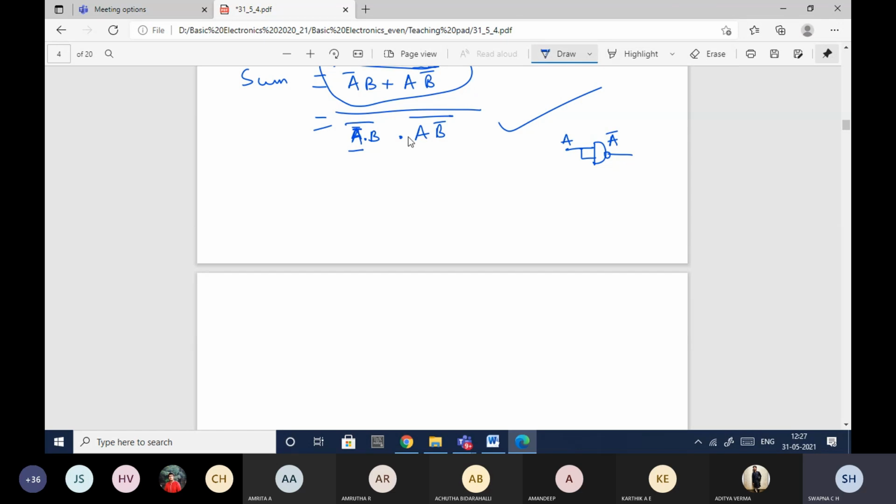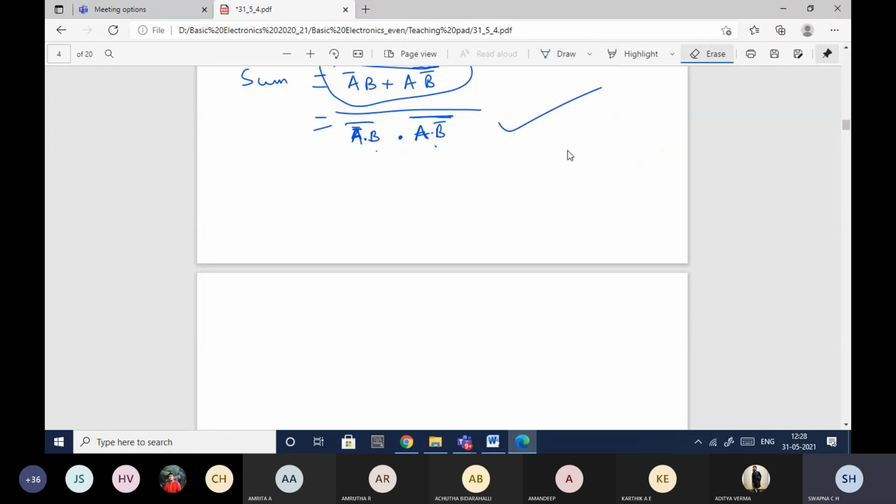Again here I have A B bar. B bar, in the sense, I can use a NAND gate and get B bar. So now I have A B bar whole bar. So this I'm able to implement, and this also I'm able to implement. Again this dot this, whole bar. So everything I will be able to implement using NAND gates. So further simplification is not required.